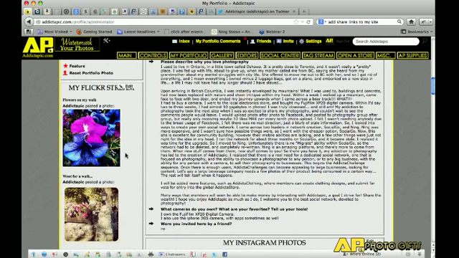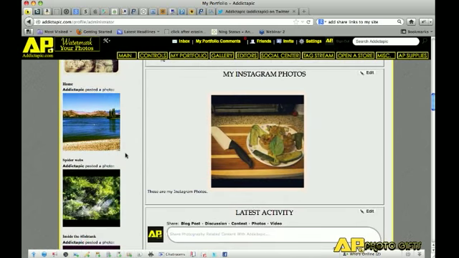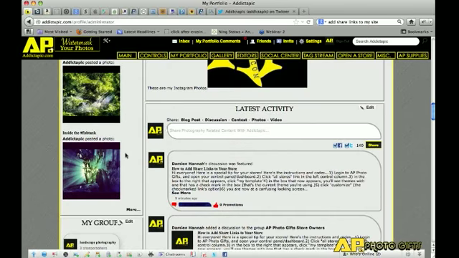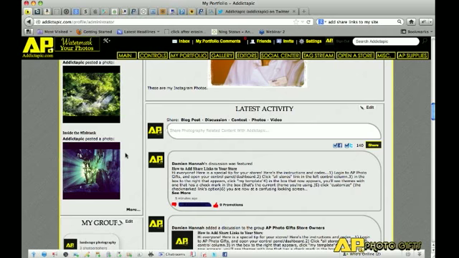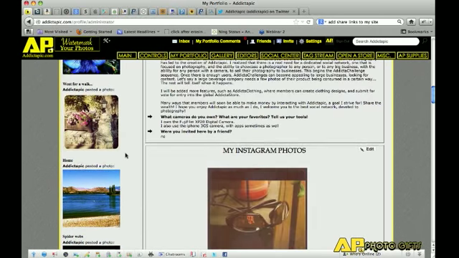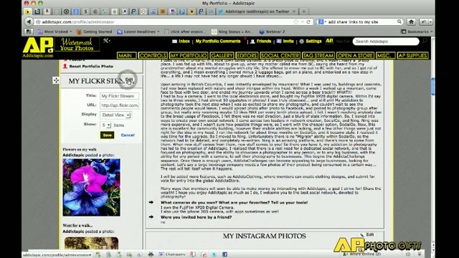What I did was I went to Flickr and I grabbed their RSS code. It was either RSS or an embed code, but Flickr provided it. Facebook has one, Twitter has one, Instagram I'm pretty sure has one, as well as Pinterest. I'm pretty sure they all have one. Addictopic even has its own RSS feeds. Basically, if you want to edit that, you're going to click edit, and that's going to bring down